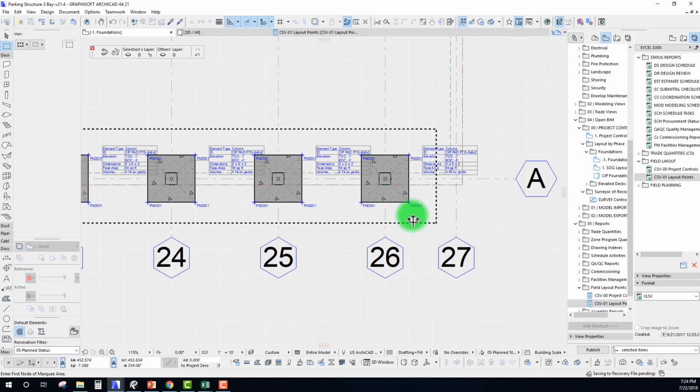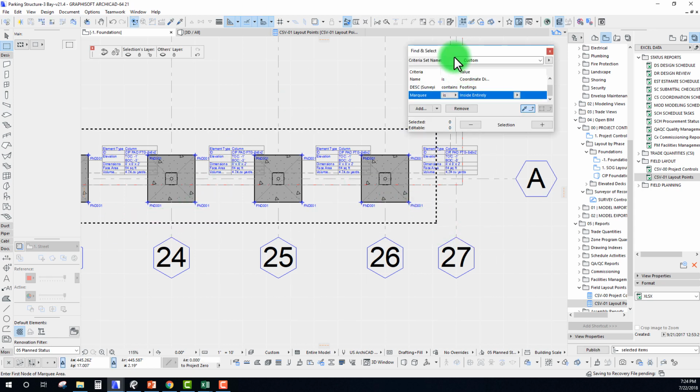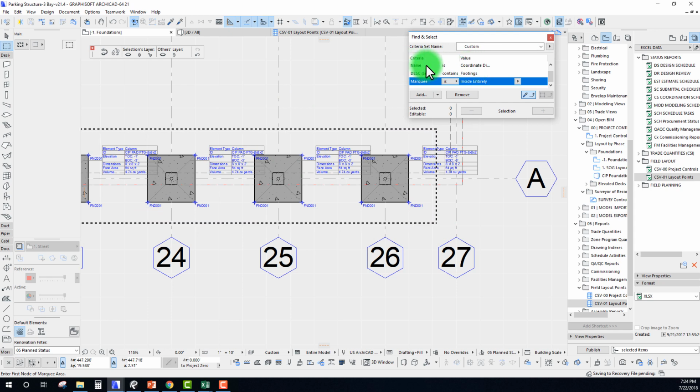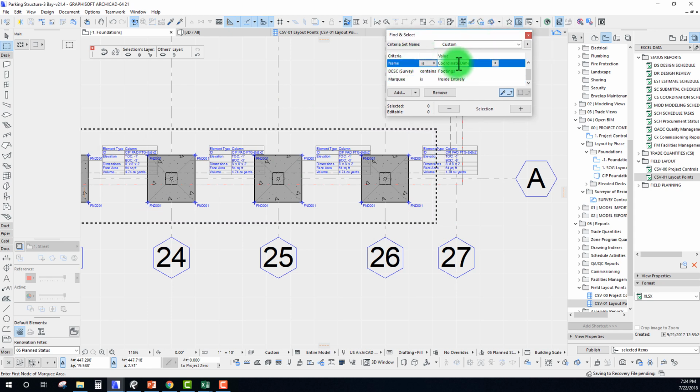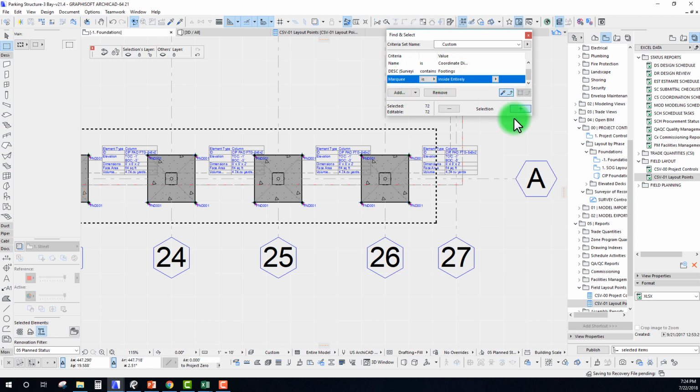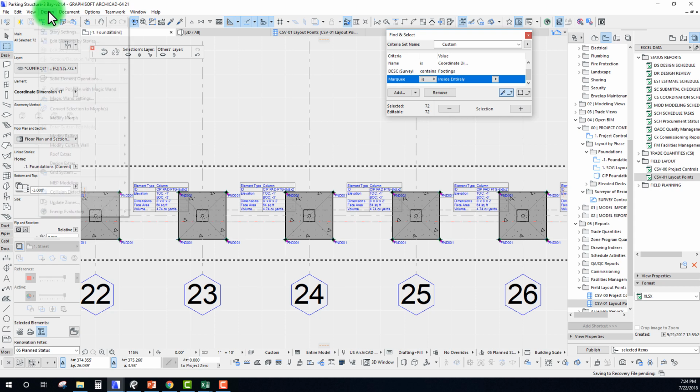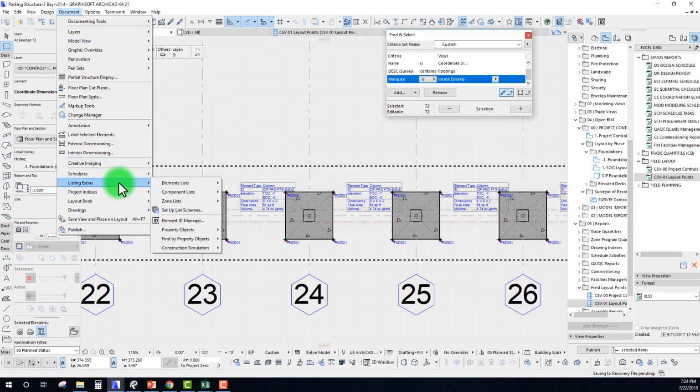We're going to actually use that tool right now. I'm going to pick up my find, and I already have this criteria set up: the name being my coordinate dimension, description being footings in this case, and inside my marquee. So I'm going to pick all of those up. Up here under my document listing extras, we can go to